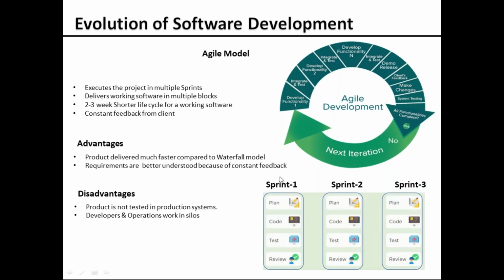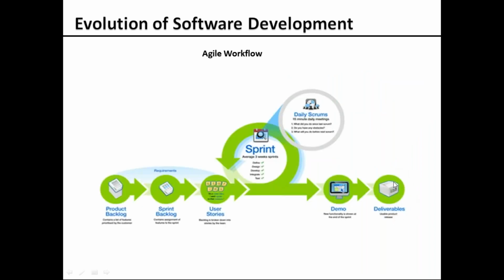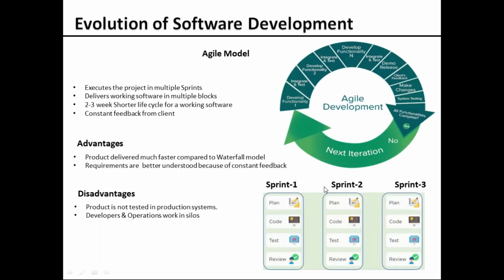So when this product is ready, it is tested in the lab environment, which is the non-production environment. Once it is finalized that it is working fine there, it is deployed in production. We never know whether whatever worked in the non-production environment will definitely work in the production environment, isn't it? There could be a chance of issues in the production environment. So this is a problem in the agile cycle which should not be ignored.